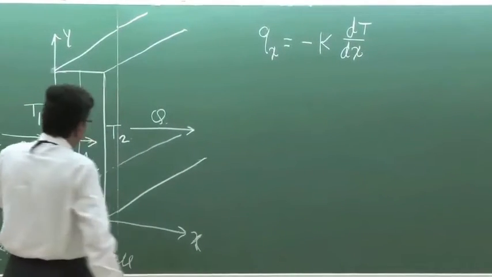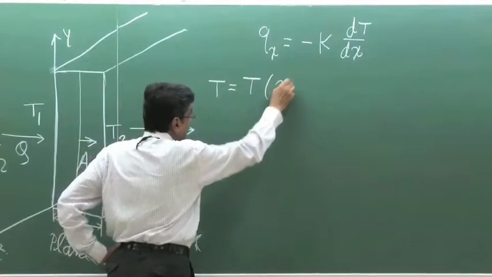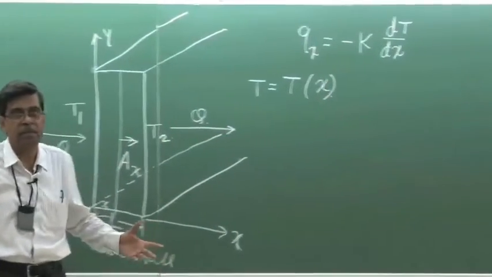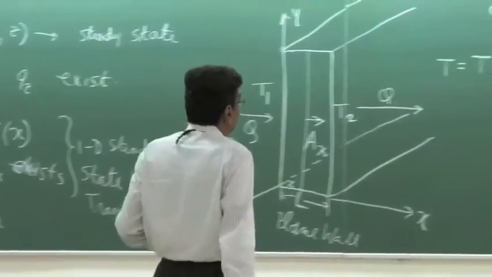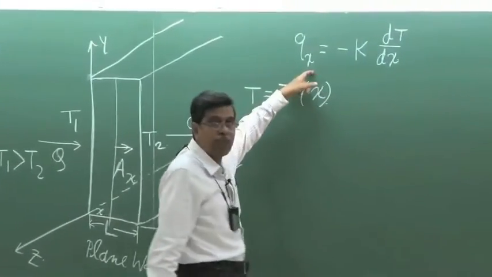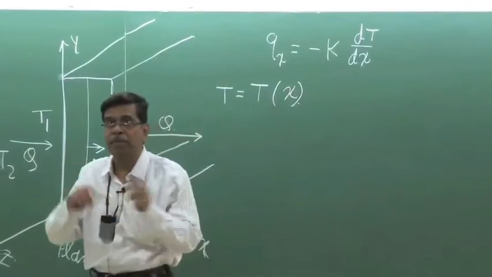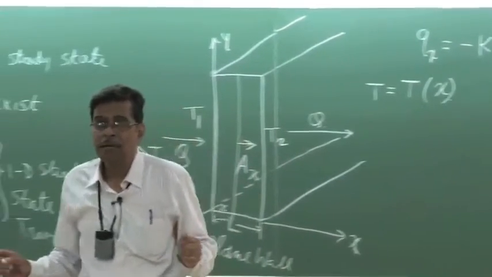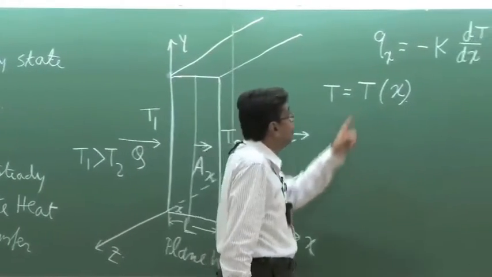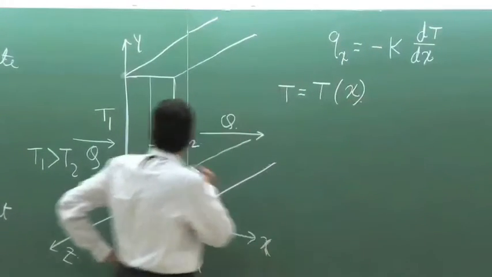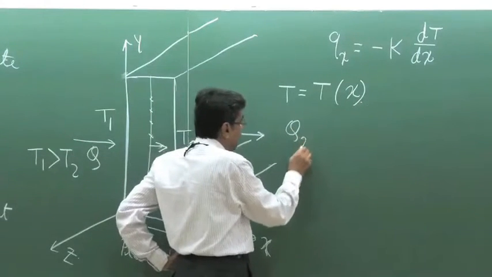Now, T is a function of x. Therefore, dT/dx can be either a function of x or a constant. It can never be a function of y or z, which means that Qx is not a function of y or z, provided k is independent of the directions. Well, then we can tell that heat flux is constant at all points on this area, so that I can write Qx